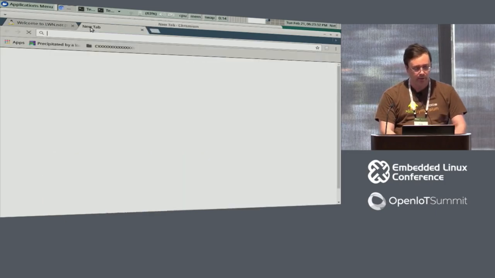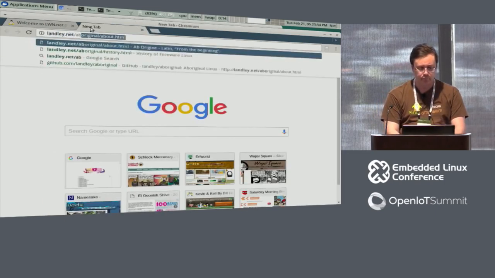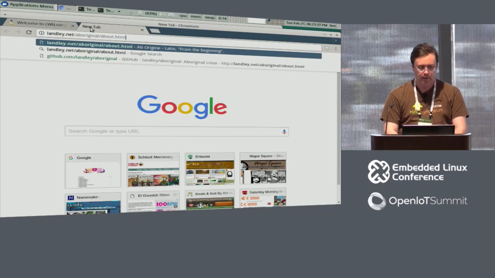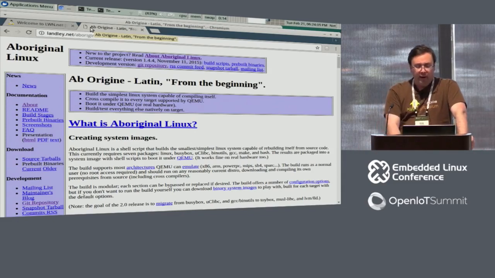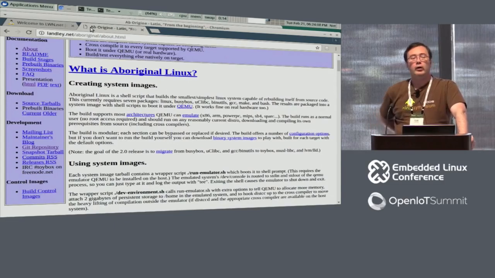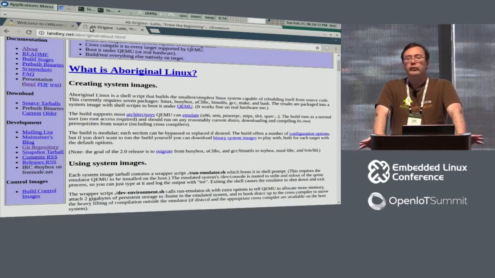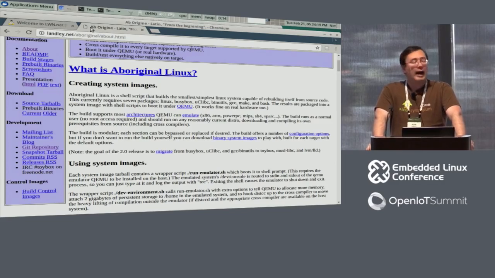As backstory to this, a long time ago, starting like 15 years ago, I created a project called Aboriginal Linux, from the Latin ab origine, from the beginning, where basically I started with Linux from Scratch and I went, okay, what is the smallest, simplest build environment I can get capable of building itself from source code? Those four packages I talked about are conceptual packages. I got it down to seven actual packages,